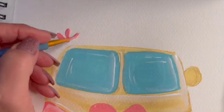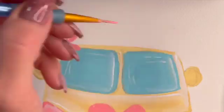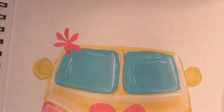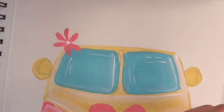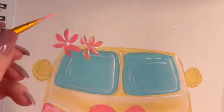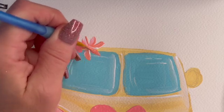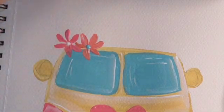Up here now, we're going to add some little flowers. Just using a round brush, we're going to press on that brush and pull it to the middle of a flower. And as you pull in, you're going to lift up on the brush. That is a comma stroke, and you'll see it here. Press hard, pull in, and lift it to the point, and it will give you that tapered